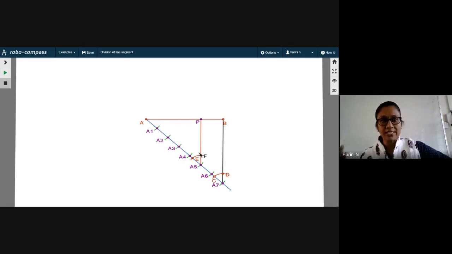All right. The whole chapter on constructions, we have to do it like this only. So you must get used to the app. It will be very slow. Don't worry. I'm only telling you to keep things ready so that you are not juggling with things to do the construction. So the first thing, because you're going to divide a line segment, the first step that we have to do is to draw the line segment. That is very simple. So you have to draw the line segment AB equals 10 centimeter.